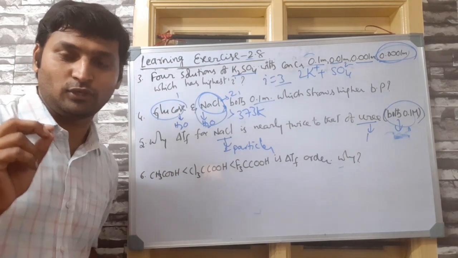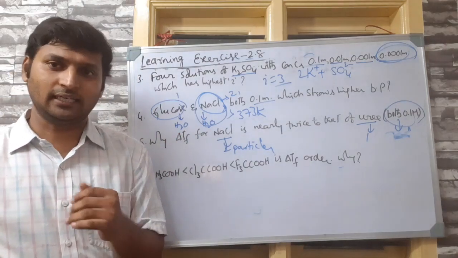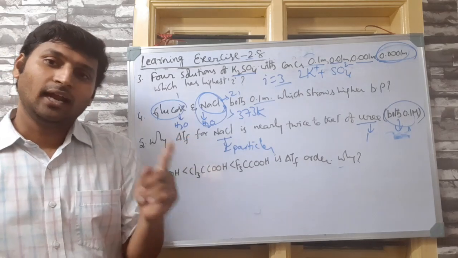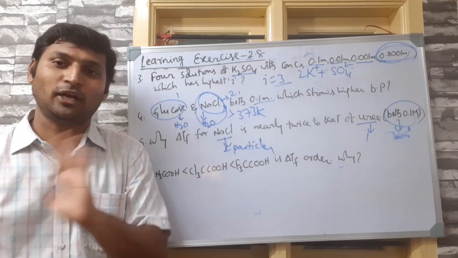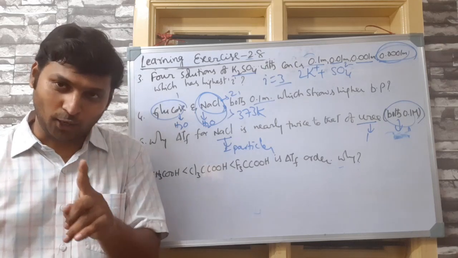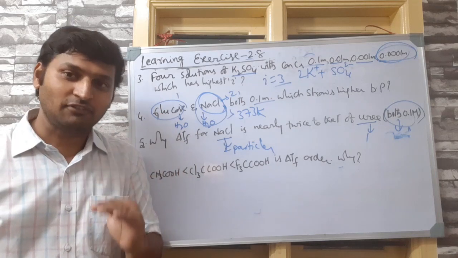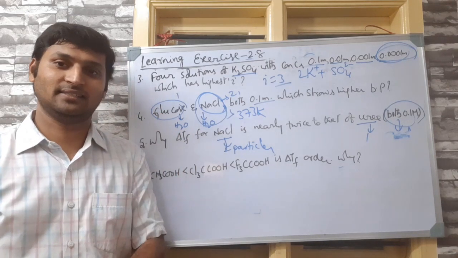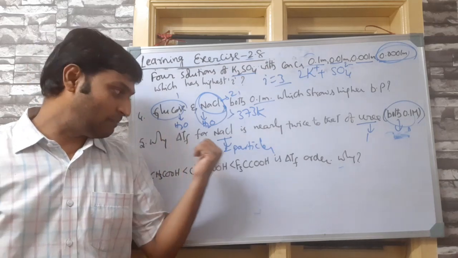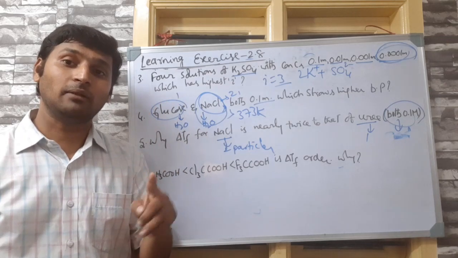Here I want to give you a small warning. Better we would have included such questions, you will get it later. See, depression in freezing point is a colligative property. Freezing point is not a colligative property. Now, when the number of particles is more, the decrease in freezing point is more. So, freezing point will be less. I repeat, when the number of particles is more, the decrease in freezing point is more. So, freezing point will be less.